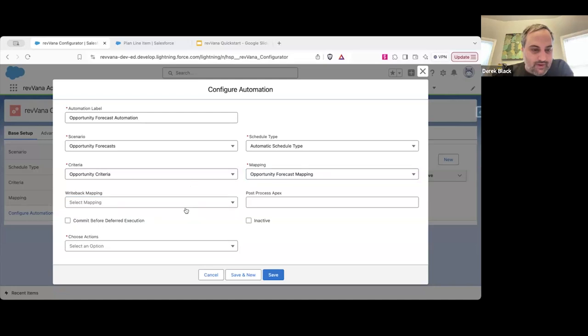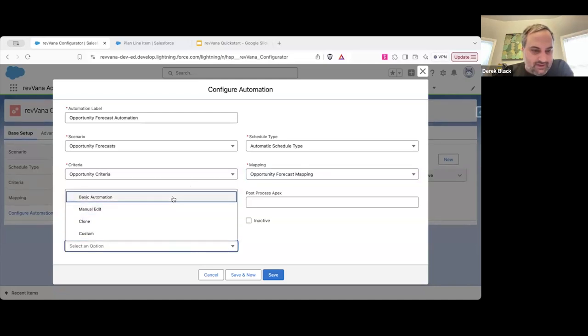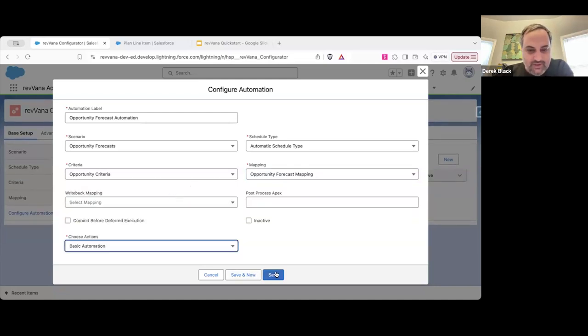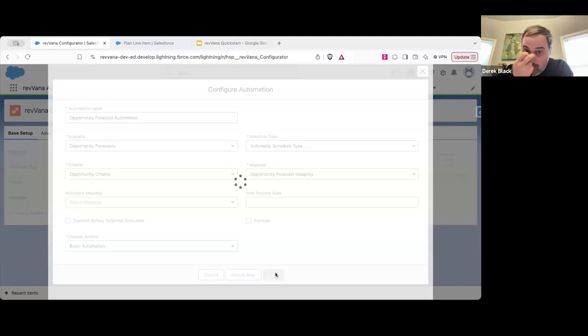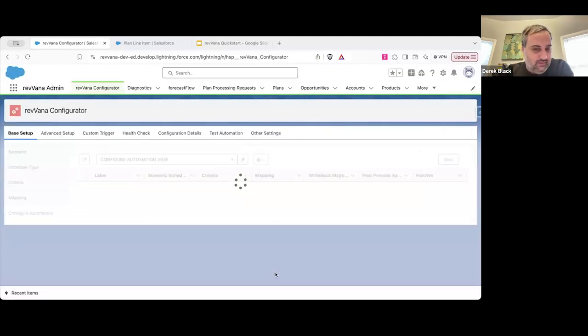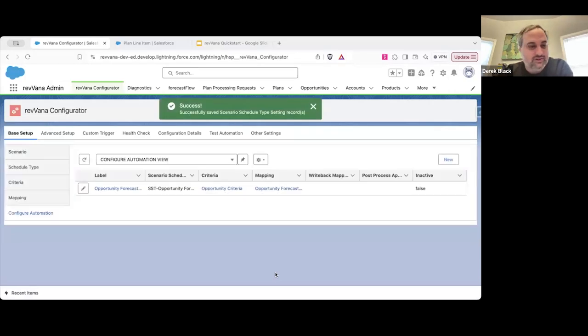And we're not going to do write back. And the actions, I'm just going to choose the basic automation here. And this is all the setup, if I didn't miss anything, that I should need to generate revVana plans on